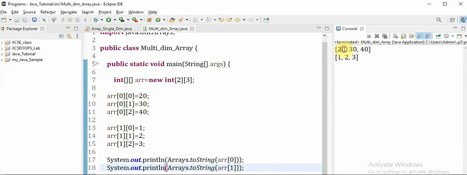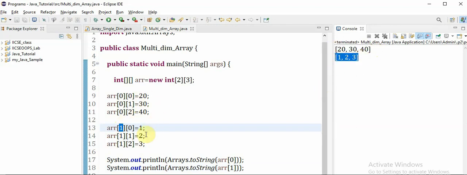So this is the 0th column, this is the first column, this is the second column, right? And for the second row, that is indexed with 1, here we gave 1, 2, 3. So this is the 0th index column, first column and second column. Since the array starts from 0, it goes like 0, 1, 2. And this is the 0th row and this is the first row, right?